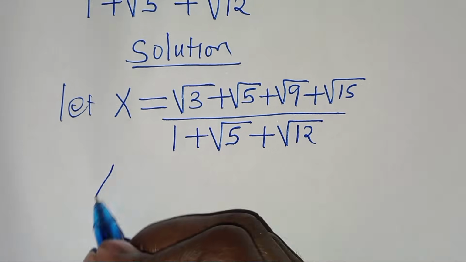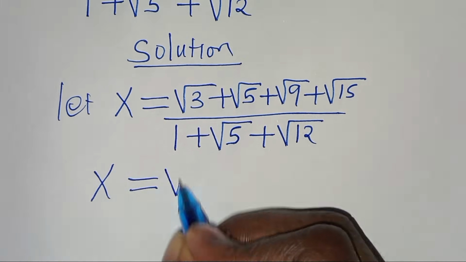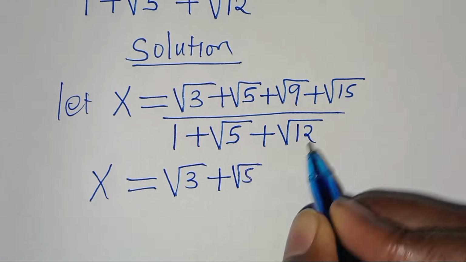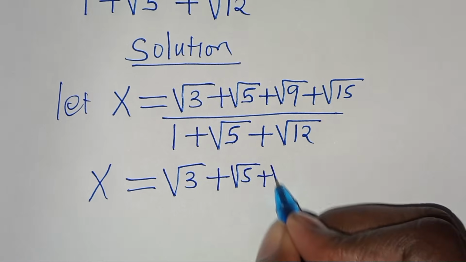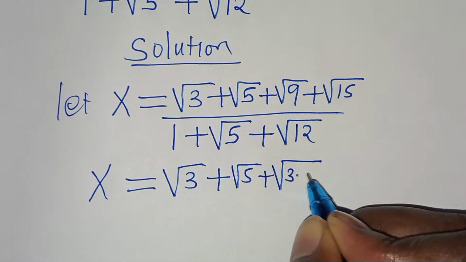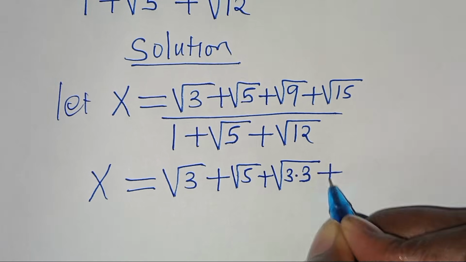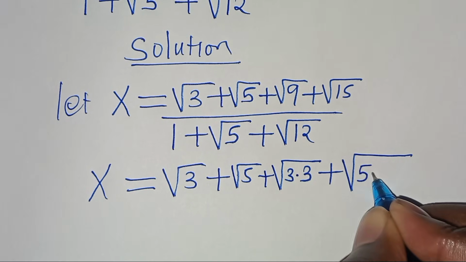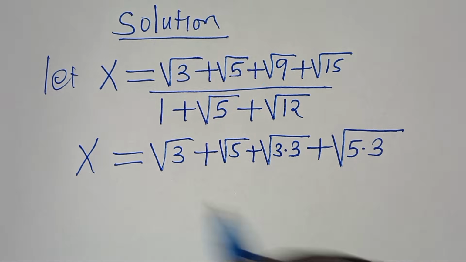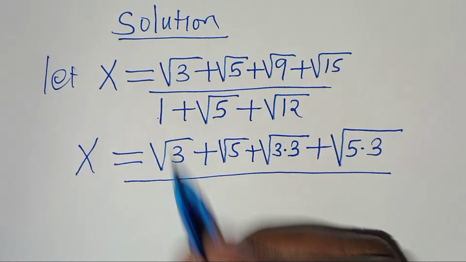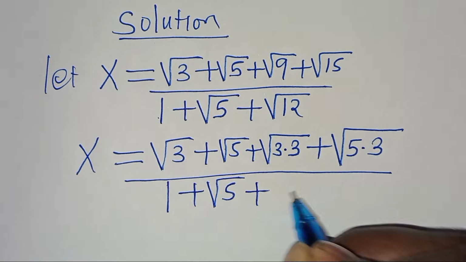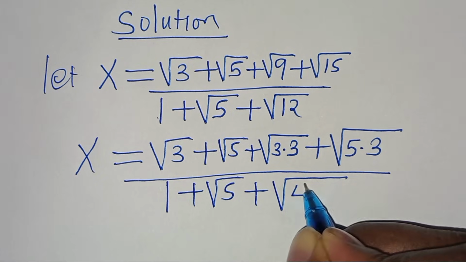Now we can express x as square root of 3 plus square root of 5. We can express square root of 9 as the square root of 3 multiplied by 3, then plus square root of 15, which is the same as the square root of 5 multiplied by 3, divided by 1 plus square root of 5 plus square root of 12, which you can express as